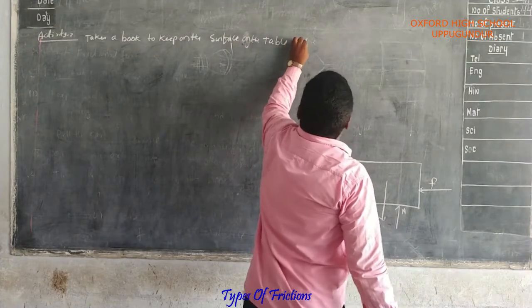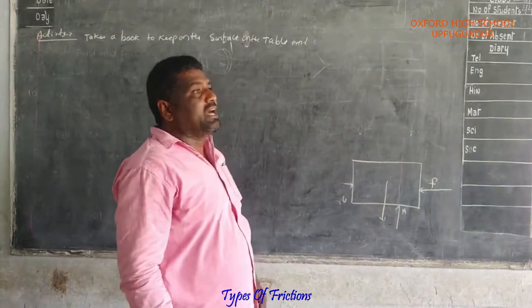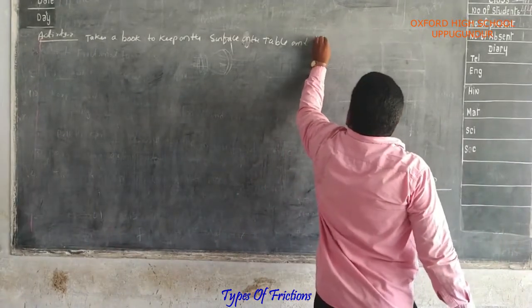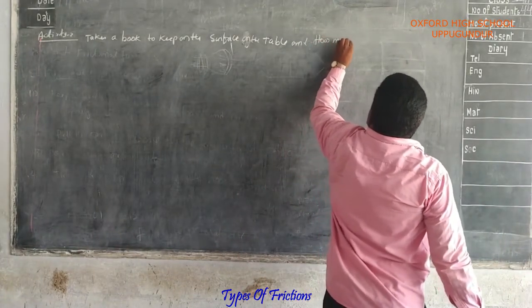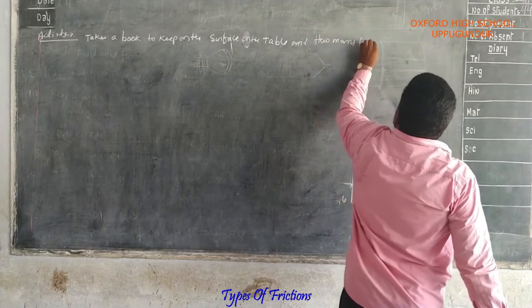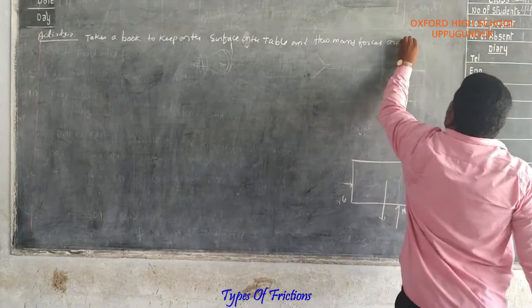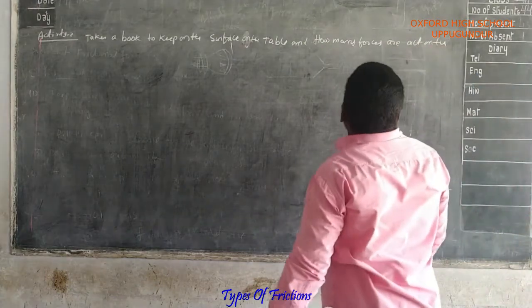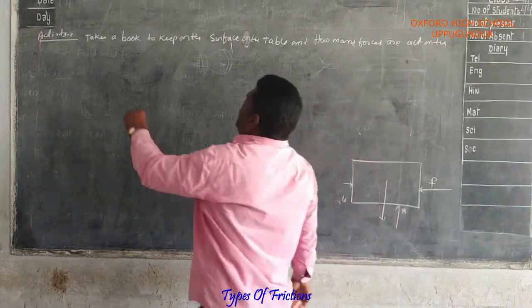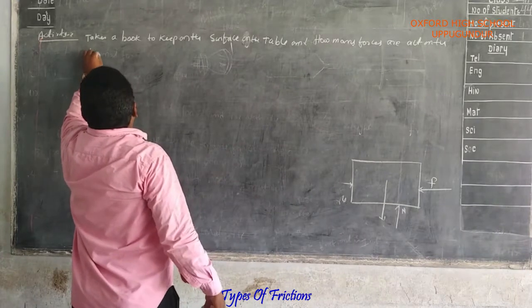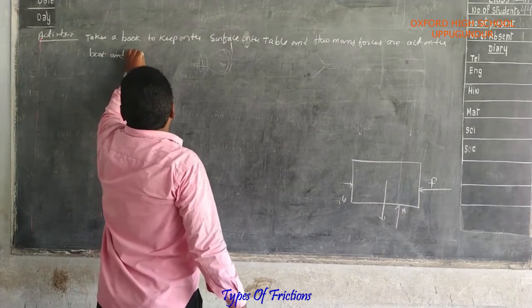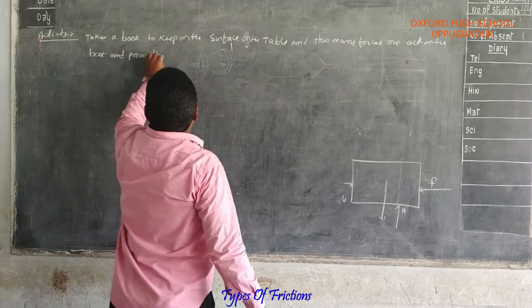And how many forces are acting on the book? How many forces act on the book, and prove that